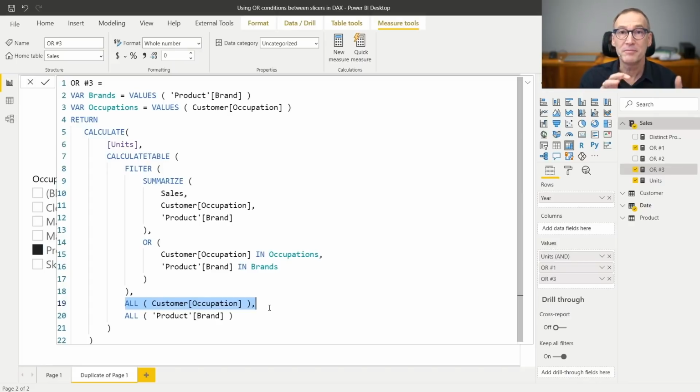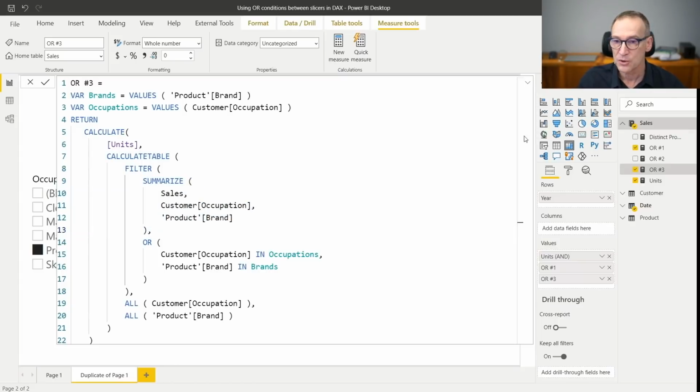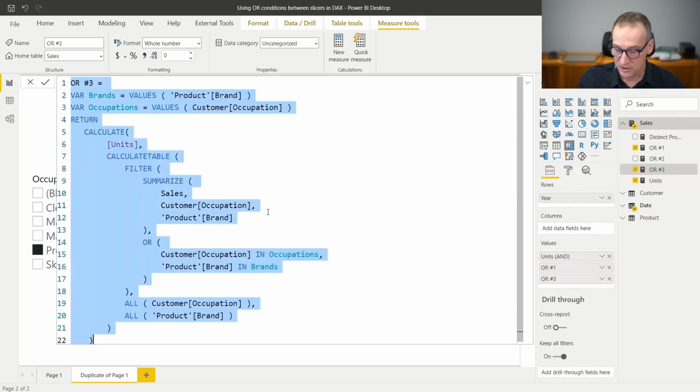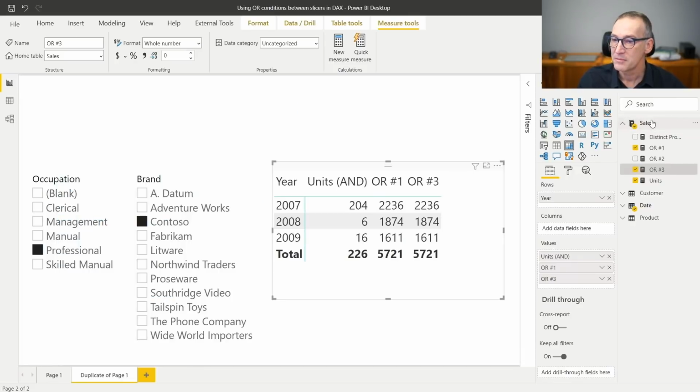I can actually build a temporary table that contains the cross join of occupation and brand, and then use that instead of this summarize. This will save me both the calculate table and the summarize with the scan of the fact table. So I can copy again everything and build a new measure.